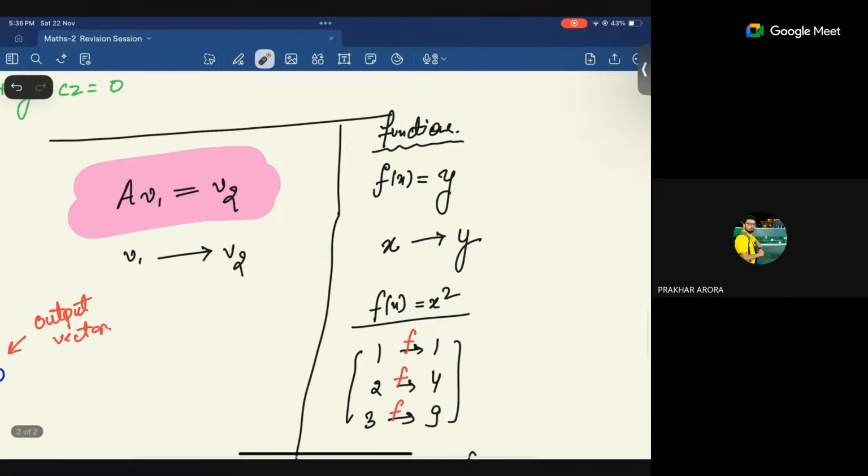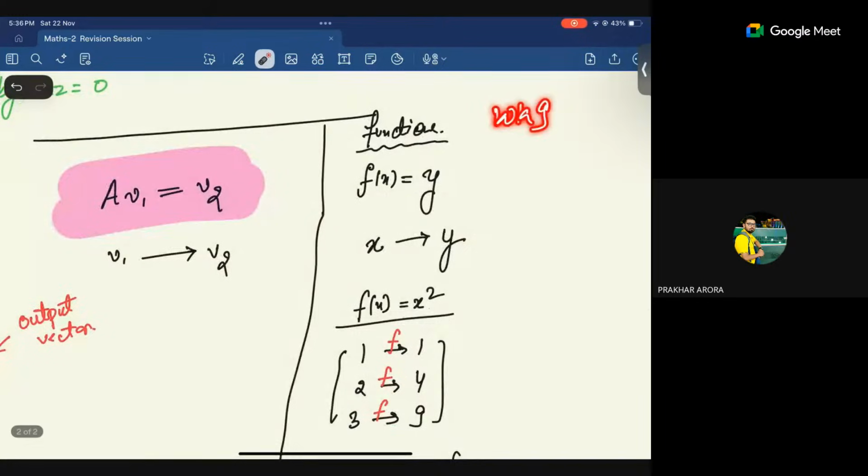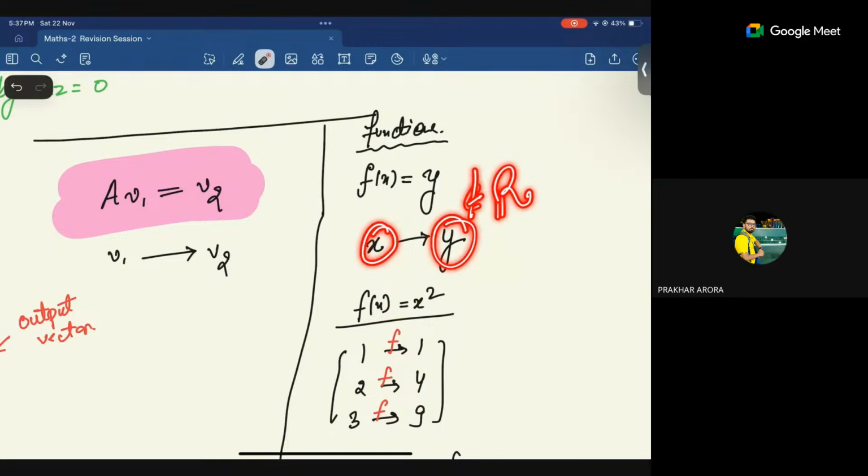A quick spoiler: when you enter week number 9 of this Mathematics 2, the inputs are no longer going to be real numbers and the outputs are no longer going to be real numbers. So you will understand that visualizing functions becomes very difficult when our input or output is not in the real world. They are not numbers.